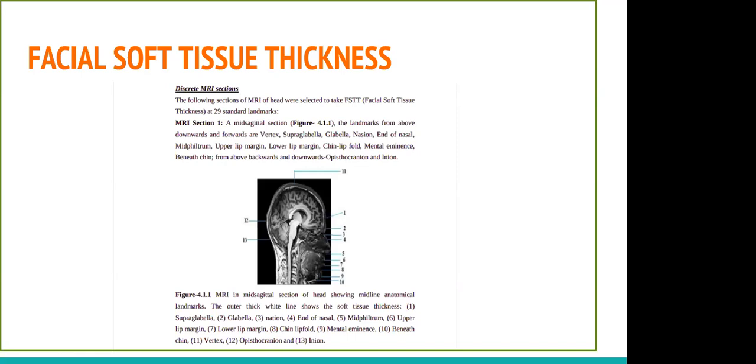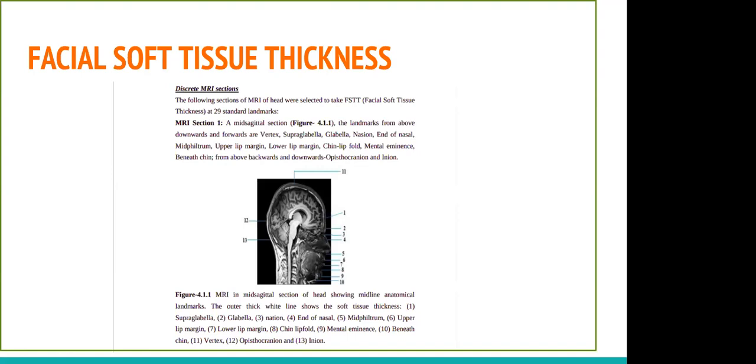Initially, when researchers realized the importance of facial soft tissue thickness, they used to conduct these studies on dead bodies using the needle probe method. Basically, when they had the dead body, they used a needle to prick it at various identified landmarks. By identified landmarks, I mean the different nodal points on the face which can be used to base your facial identification studies on.